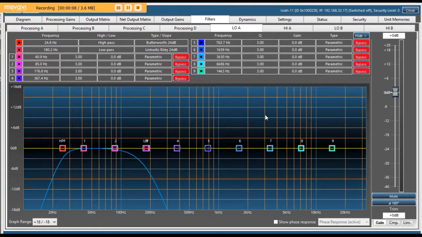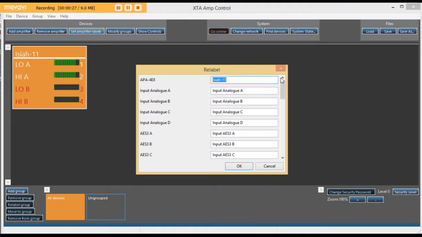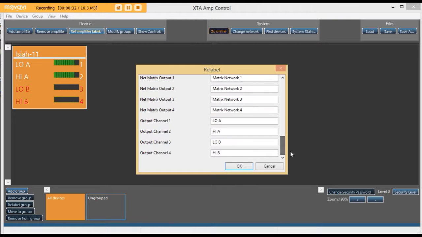What we're going to do now is a little bit of housekeeping and name these outputs properly. So low A is fine, high A is definitely not named correctly. So we're going to close down that, and there's a box here called Set Amplifier Labels. We click on that, and what gets presented are all the things within the amplifier which you can actually name. So we're going to jump down here, and we're going to change that now to low sum